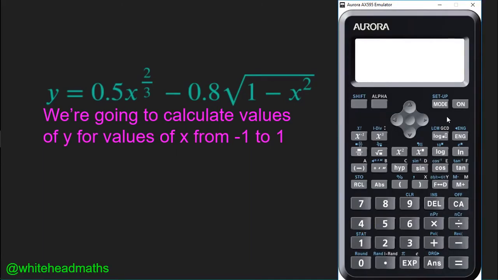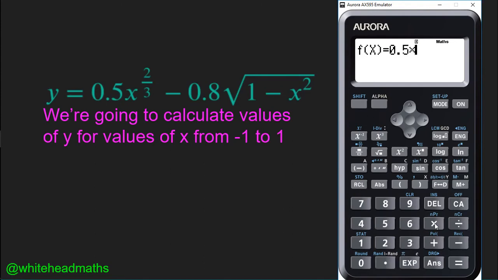Okay, so we've got our calculator, and the first thing we're going to do is to turn it on. Then we need to set it into table mode using the mode button, and table is mode 3, so press 3. And we're now asked to enter our formula,